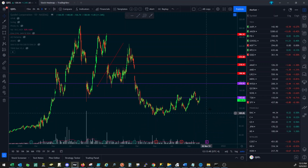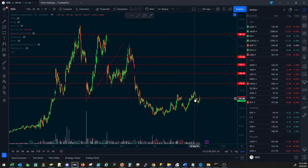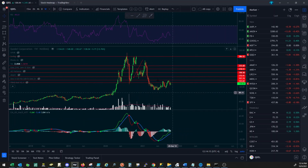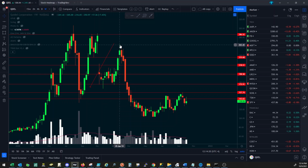It needs to get over 143 first. So let me change that to a resistance, and that's now resistance as well. 143, and then you have a new sort of resistance here. We'll put it right there at 157, and over those two levels you can go to 175. Now I don't know what they actually do. I looked at this only from a technical point of view,